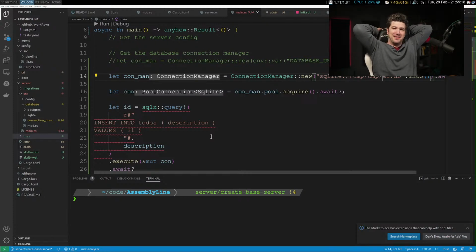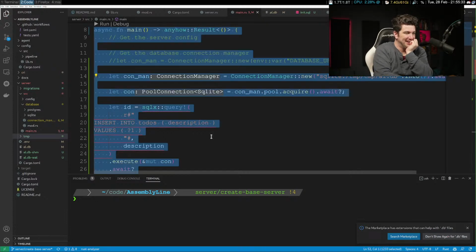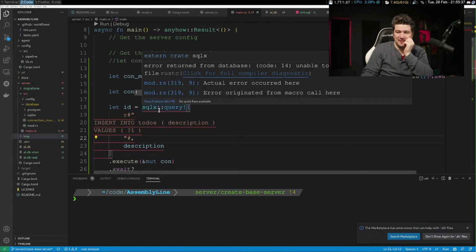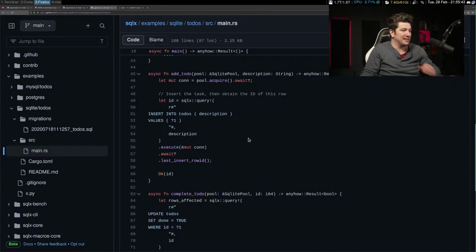Does anybody else have anything else to try? Yeah, so we can dig into this macro.